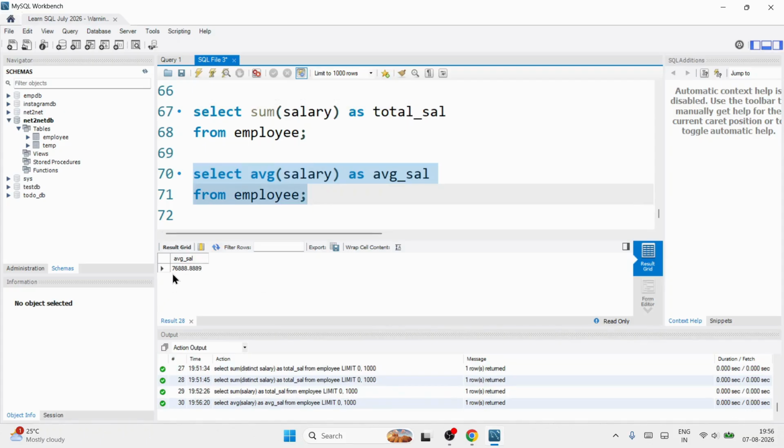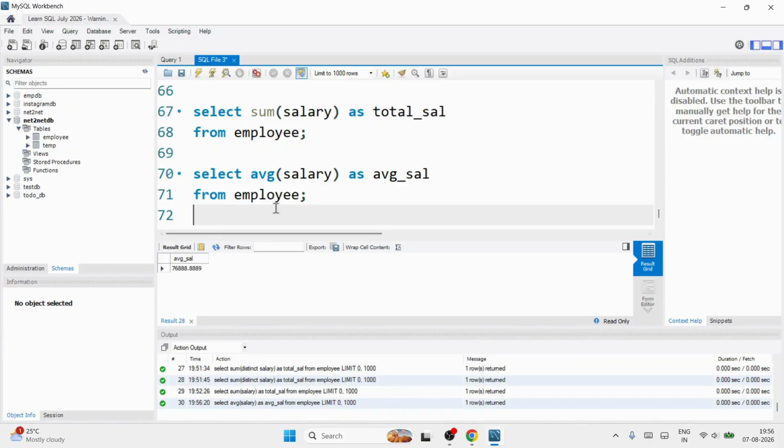Now you're getting some average salary as 76,888. This is the average salary. There can be outliers. Outliers means some too high salary, too low salary. Such bounds exist: somebody has a very low salary, somebody has a very high salary, so when we total everything and the average comes, it will be somewhere in the middle. Getting it? So it is giving